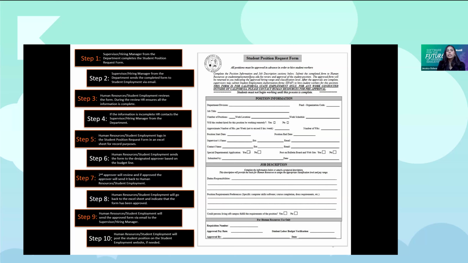So human resources / student employment sends the form to the designated approver based on the budget line. We have 3 different colleagues who review the budget. For example, for our operating budget, we would send it to one specific person. For grant purposes, if they are requesting a position via grants or restricted funds, it's another person. Again, we would send it via email, or we would go specifically to their office and have them sign